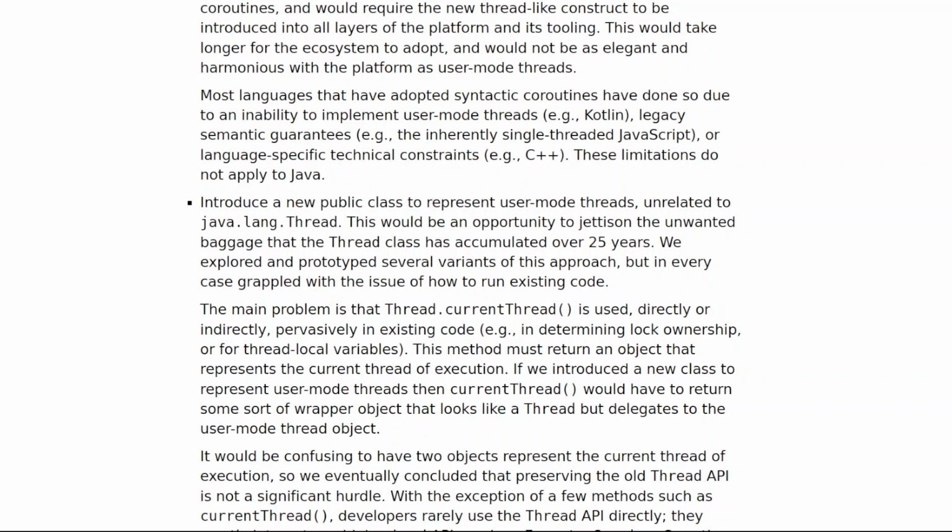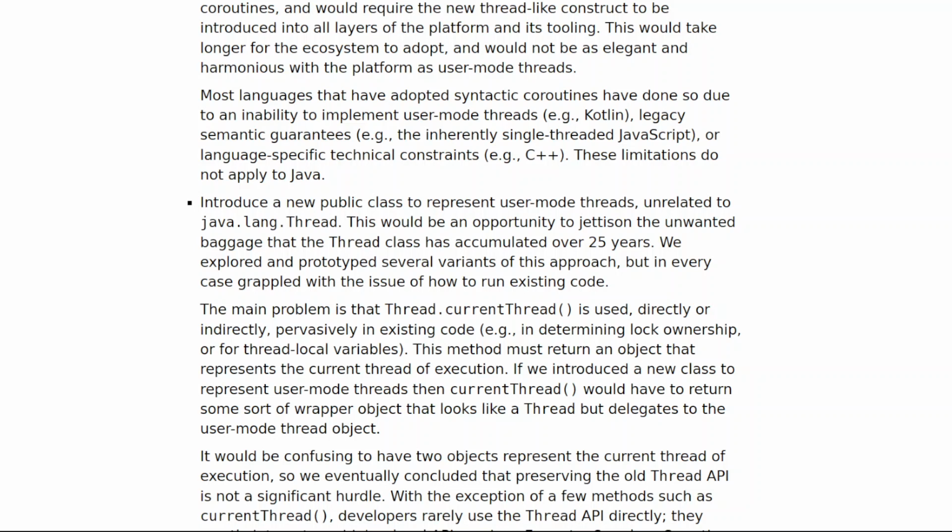3. Introduce a new public class to represent user mode threads, unrelated to java.lang.Thread. This would be an opportunity to jettison the unwanted baggage that the Thread class has accumulated over 25 years. We explored and prototyped several variants of this approach, but in every case grappled with the issue of how to run existing code. The main problem is that Thread.currentThread is used, directly or indirectly, pervasively in existing code, for example, in determining lock ownership, or for thread-local variables.